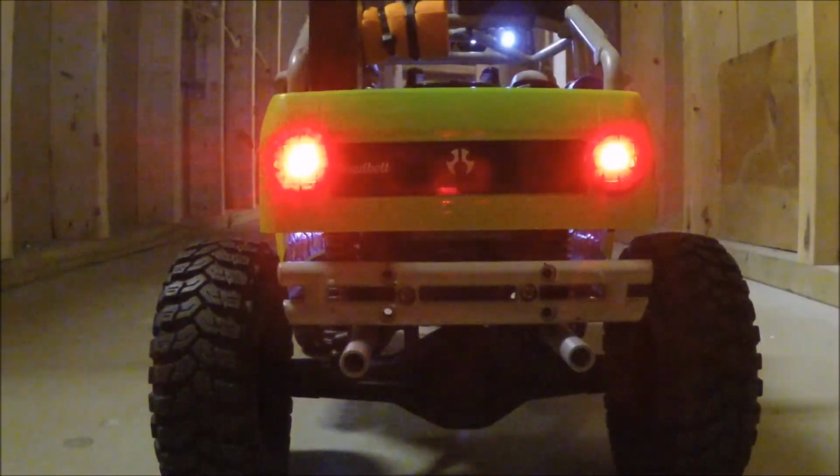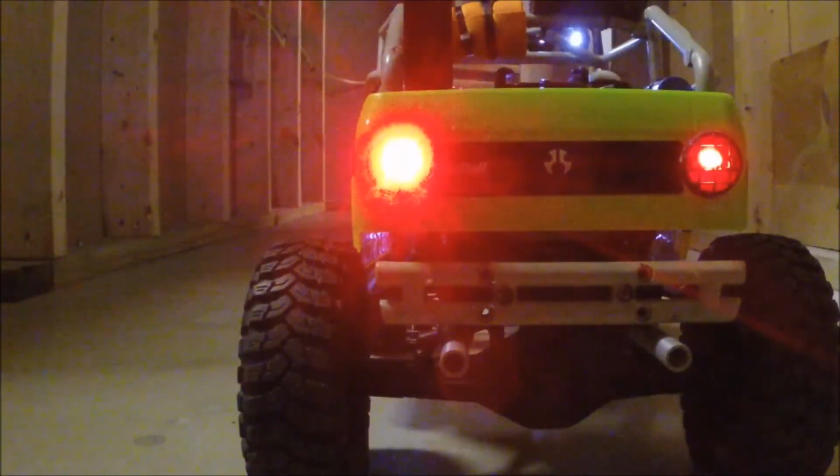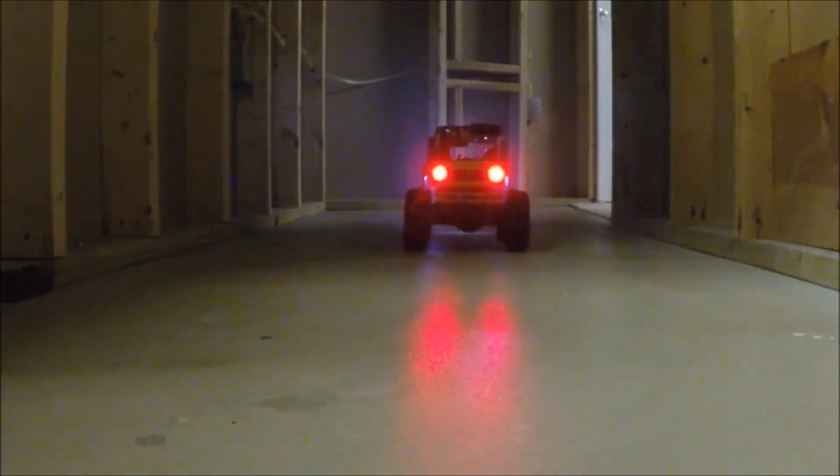Exhaust pipes look nice. Really finishes off the look. The dash lights, you can see the dash lights for those of you who haven't seen this. This truck's just awesome. It's just a great truck. If you never had a trail rig, looking for one. Got a couple flat spots in